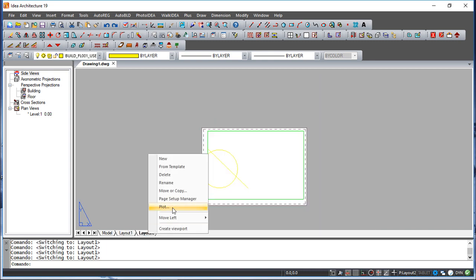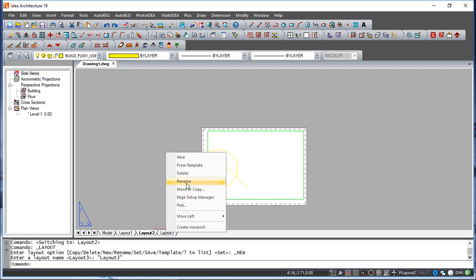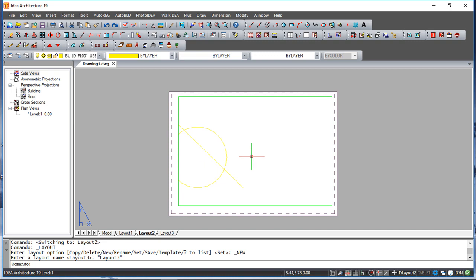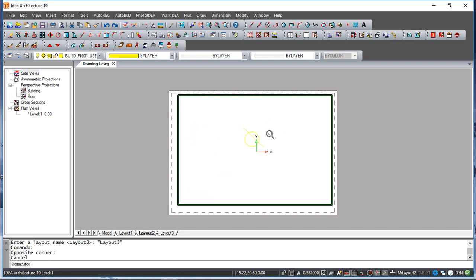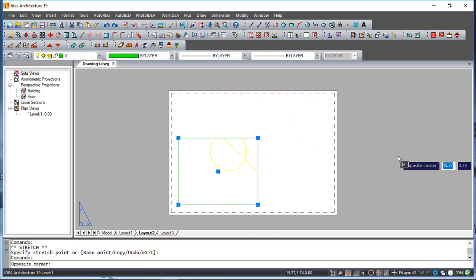So we have this one, we can create here and say new, and we get this new layout. We can change the name through rename, and this represents what we have in model space and represents the paper. So when we click twice, you see this area is activated, and then we are working in what is represented through the model. Clicking out will turn off the highlight, and then we have the standard entity which we can resize like this. Okay, and the advantage is that we can have different entities representing different views and different scales. So for example,